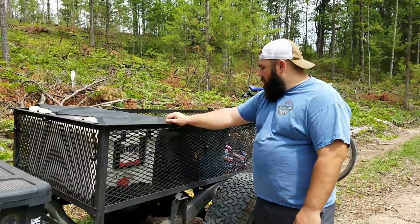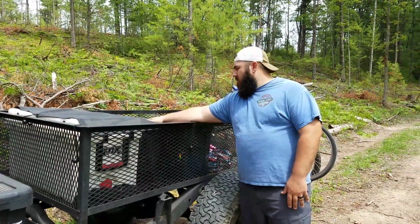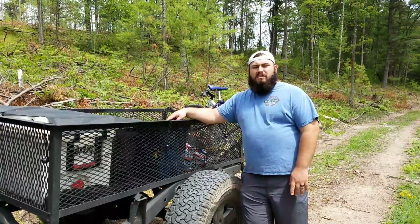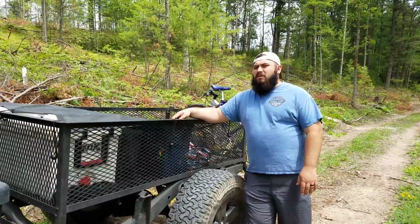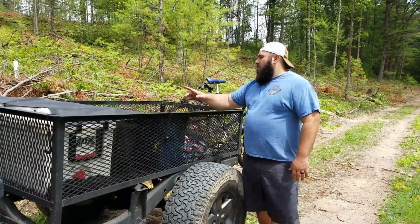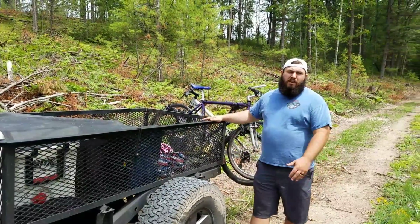So no big deal. I got a camp stove, which I'm going to do a later video of how that's set up and looks. I keep one Tupperware box with most of our cooking supplies. I keep a backpack in the back. We hammock camp. So again, there's another video coming up right after this one with our setup for that. Of course, propane tank, a couple chairs, and then normally I reserve this section for my firewood,